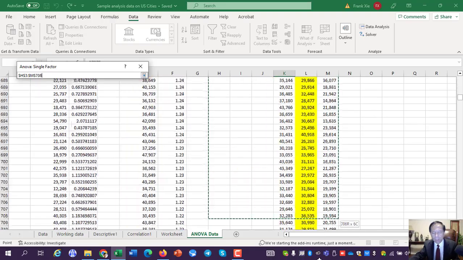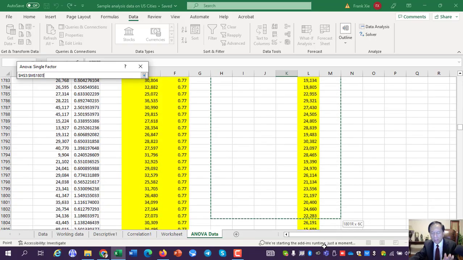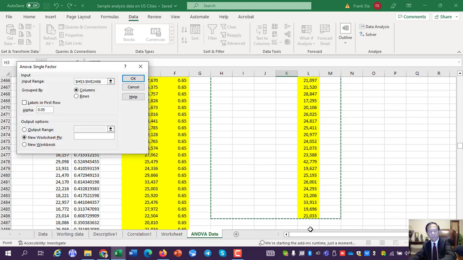You just go with the longest one, the one with the most observations. The other ones with fewer observations, that's okay. Right? We just go with the longest one. This one is the longest one. We keep going, going, going. Here we go. Select the longest one. So that's the H3 to